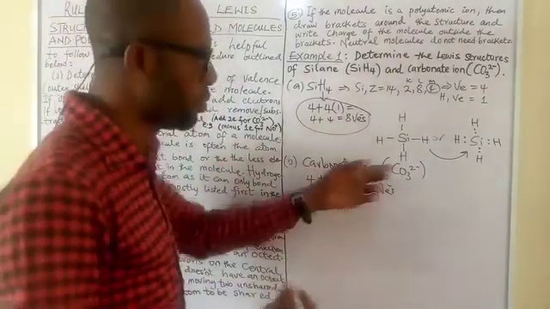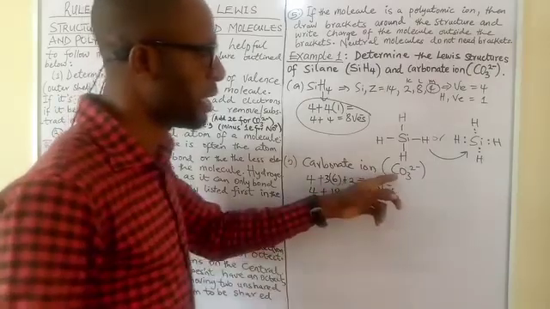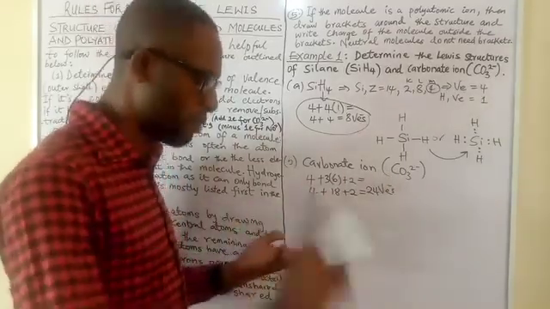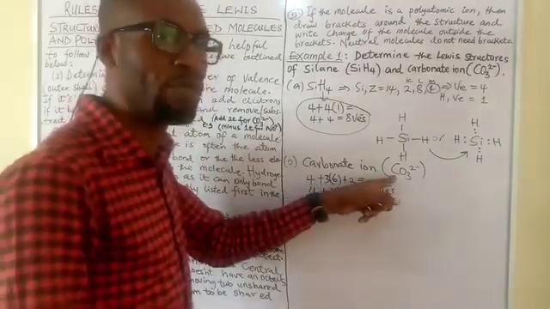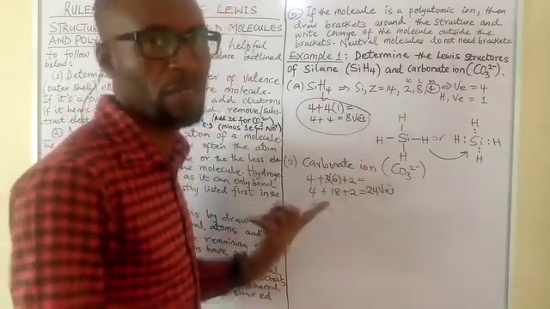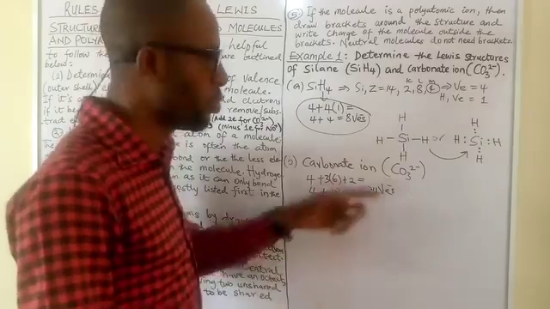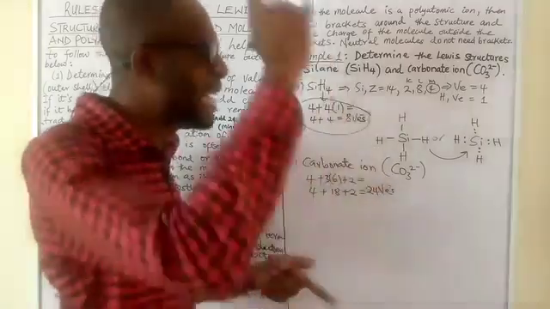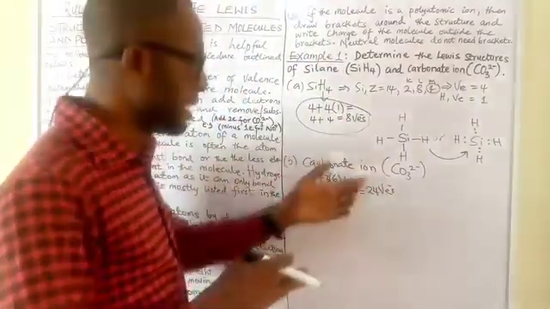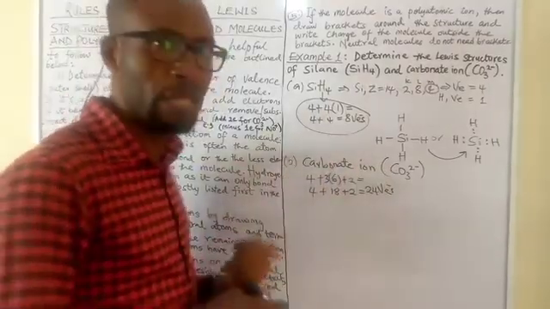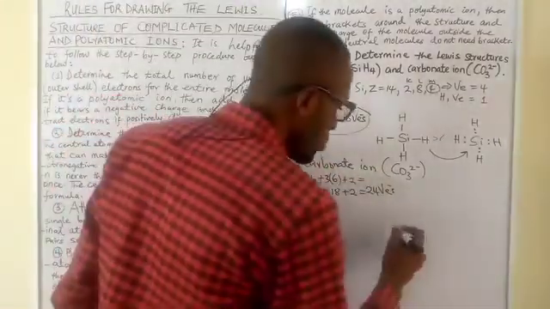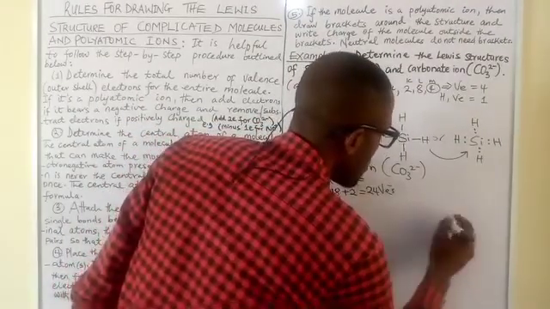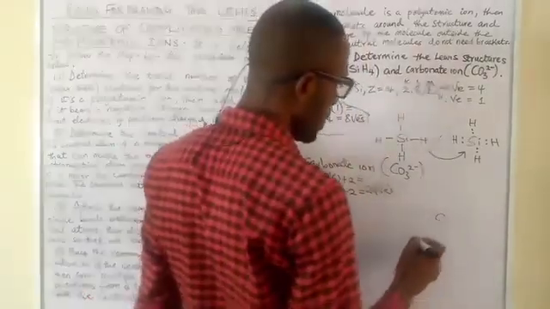Now ask yourself, which of these 2 elements should be centrally placed? Is it carbon or oxygen? Carbon is the first element in the formula, which gives it an edge. Carbon is less electronegative. Carbon is more electropositive than oxygen. Oxygen is more electronegative. So the less electronegative element, carbon, corroborates the point that it is the first element. Then to nail it and get it established, carbon makes 4 bonds while oxygen makes 2 bonds. So carbon makes the most bonds. That way we can say that carbon will be centrally placed in this Lewis structure of this polyatomic ion.